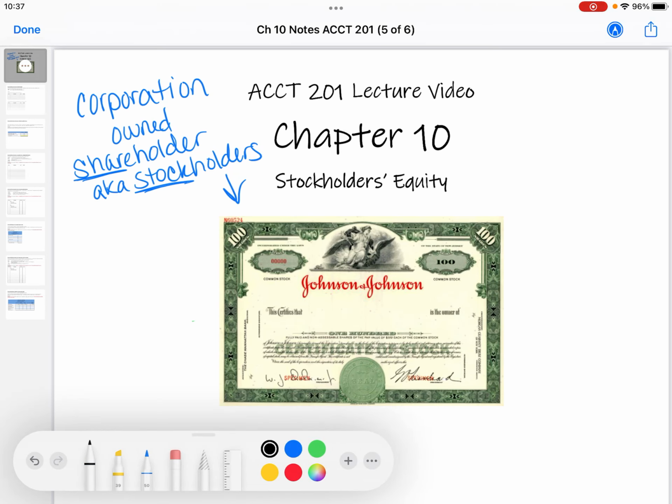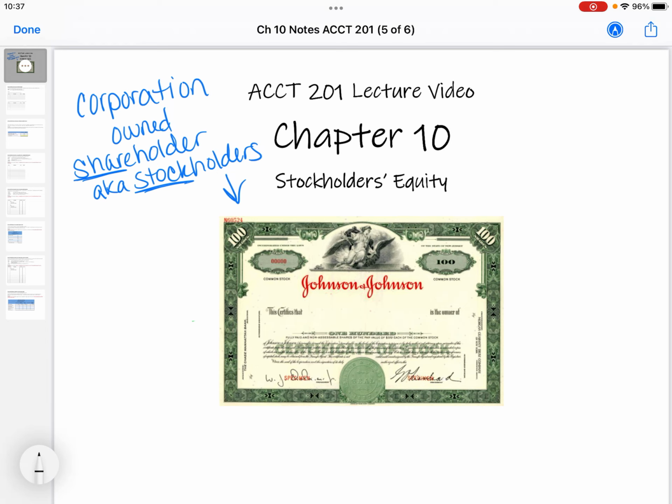So let's say you decide to go what we call public. Now, there's either public or private. So if you become a corporation and you determine to go public, that means anyone and everyone can buy your shares of stock. But if you decide to stay private, that means only certain groups or certain people. So privately owned organization, family owned.